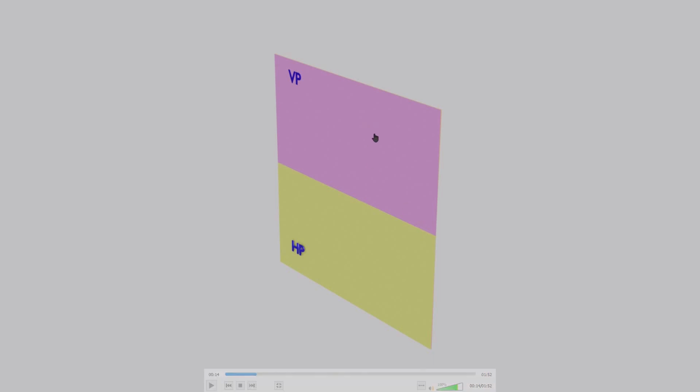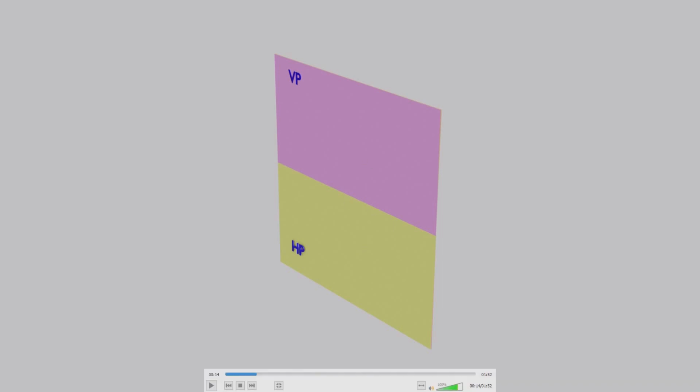This vertical plane is right now above the XY line and the horizontal plane is below the XY line when I open it up. You saw that the horizontal plane is moving downwards in the case of the first quadrant. Now let us see what happens to the second quadrant, third quadrant and fourth quadrant when I open the first quadrant. Remember that we are always opening the first quadrant.